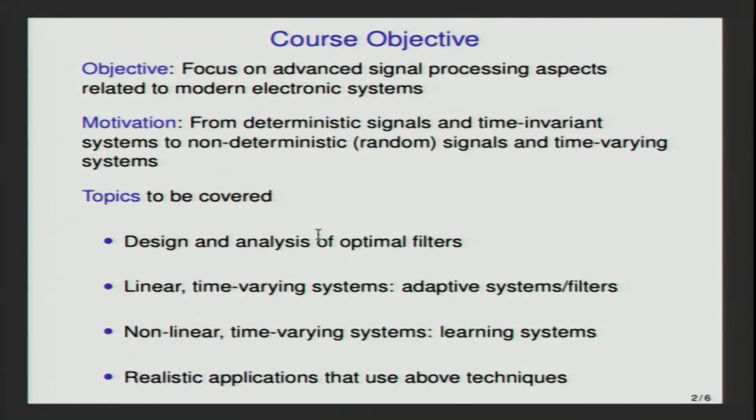We start off with design and analysis of optimal filters. We will define what optimal means when we get to that point. We move on to time varying systems, which in some cases may be linear and in other cases may be non-linear. Once we understand these three ideas, we will look at some applications which apply these ideas to real world applications. To understand a little better,